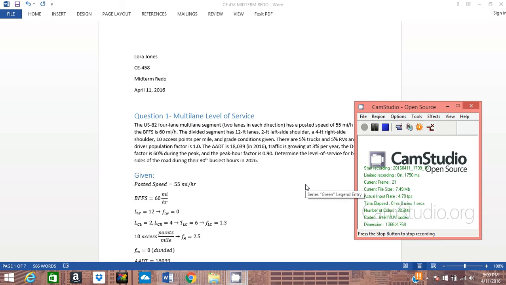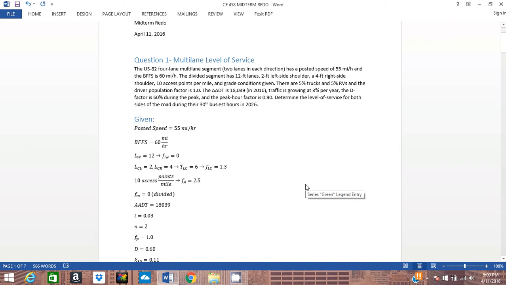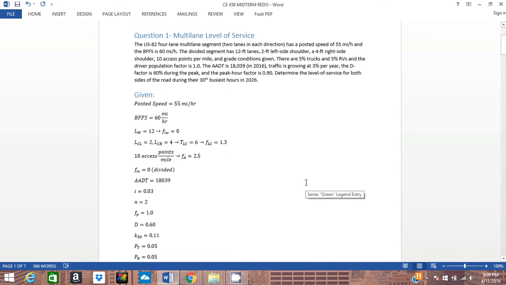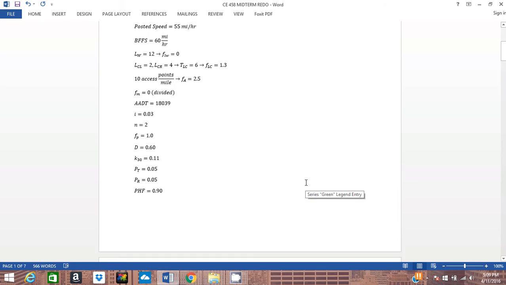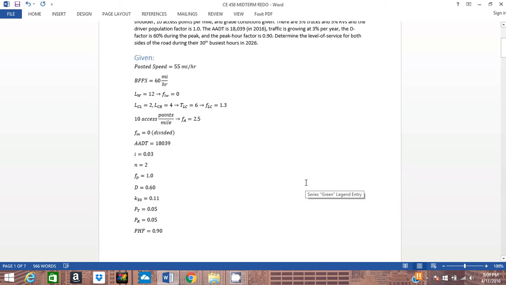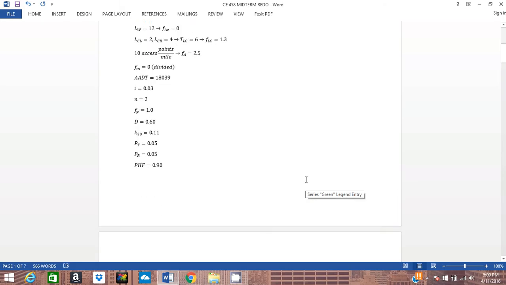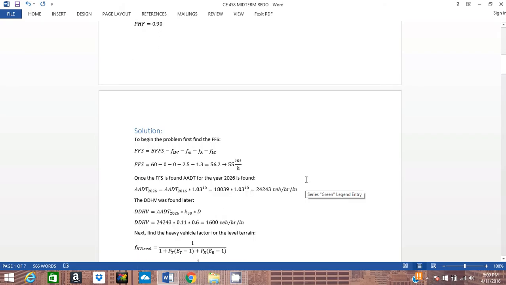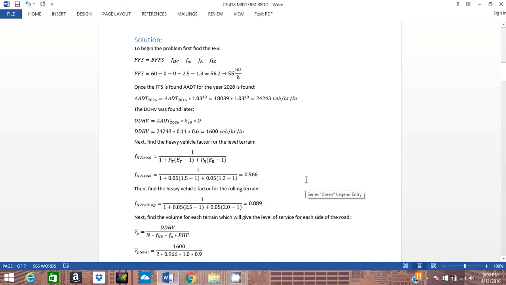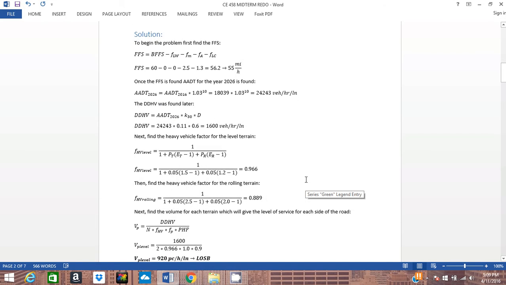Okay, so I'm going to briefly go over this midterm. We'll start with problem number 1. This is all of our givens that was given in the problem for the exam. And what we're ultimately trying to do is find the level of service on each side of the road, which has different terrains. So we just go through the processes of finding the free flow speed, then finding our AADT